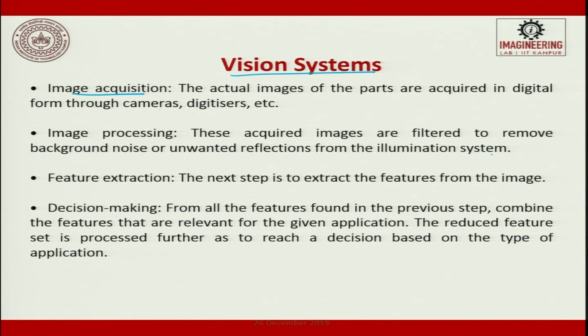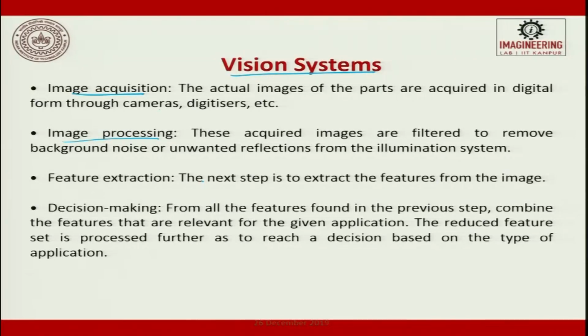illumination system. So, you will have a light which is thrown, because with a camera in the dark, you can't get the image. Even in your normal camera, when you try to take an image and it has a night eye application, it will first throw the flash, and then it will open the shutter and close the shutter. So, the light that is thrown is trying to illuminate the object. When the illumination happens, you will have the basic image as well as the background illumination effect given by the light. So, during image processing, we have to nullify those things and acquire the image. That is what happens in image processing.